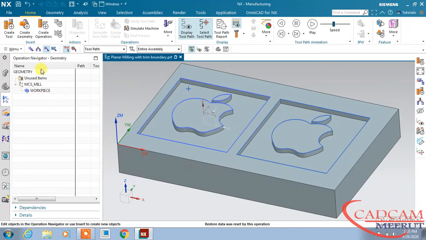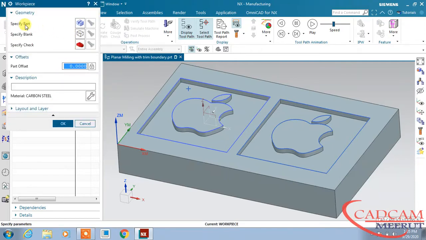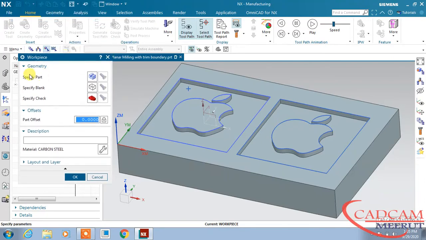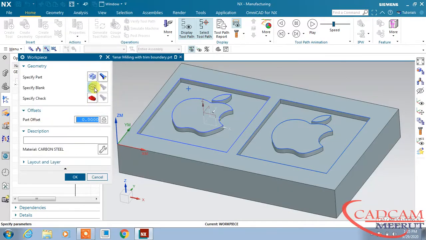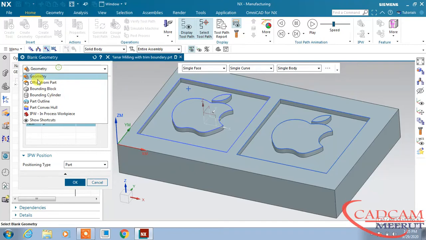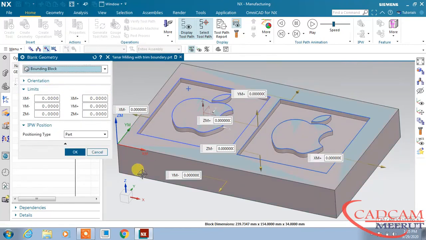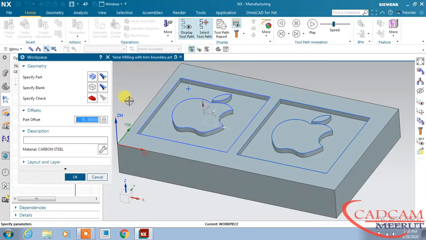environment I will choose this geometrical view, and in geometry view we have some MCS. This is already set, it is at the right position, and here in the workpiece first we have to define this workpiece. So double click over the workpiece, and first of all I will define the specified part. This is my working part, so click over the part, and this is my reference part. Now specify the blank. Now I will choose this boundary blank so that I can define my blank, and click